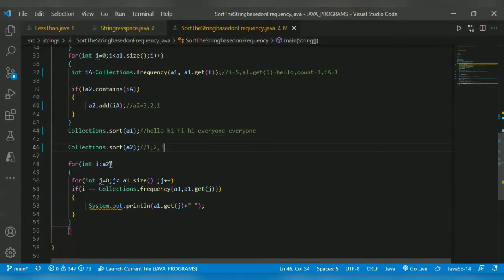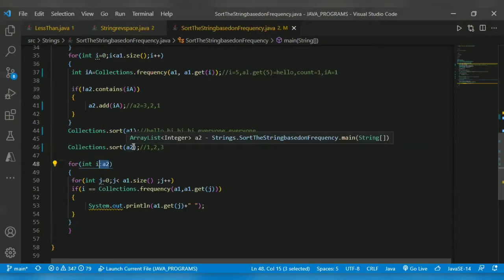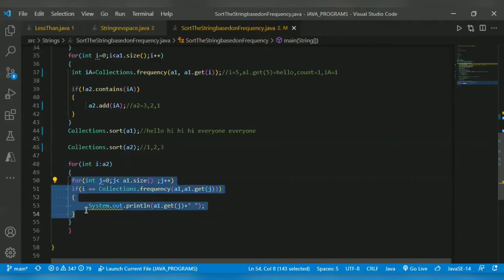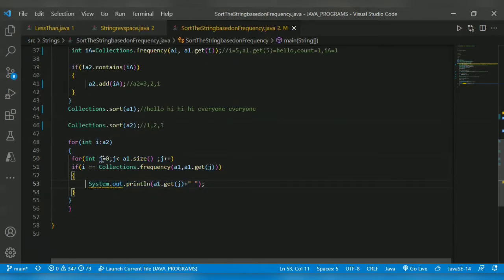After that, we iterate array list 2. For that, we use an enhanced for loop with i equal to 0, iterating array list A2. In the inner loop, we specify the condition j equal to 0, j less than array list 1 size, j plus plus.